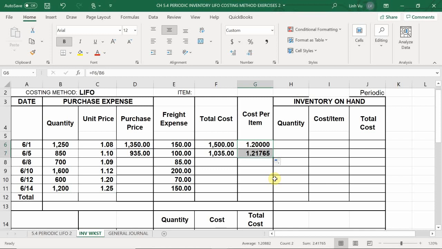Now, most corporations or most businesses get to the point where rounding can be tricky, especially when you have half a penny. So I'm going to show you how to compute the equal round, where I don't round the cost per item. I'm going to leave it at 1.2176